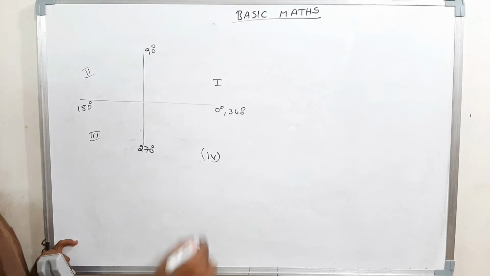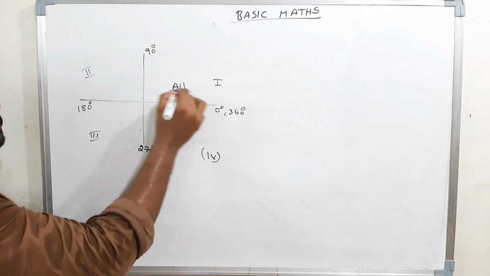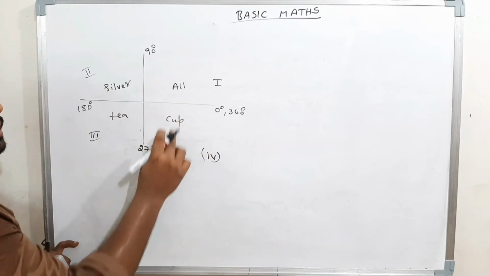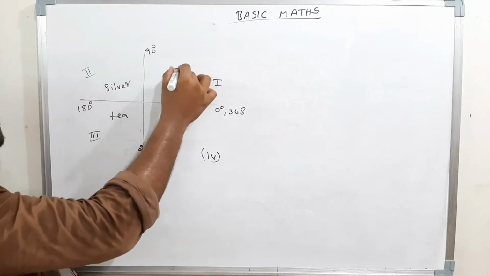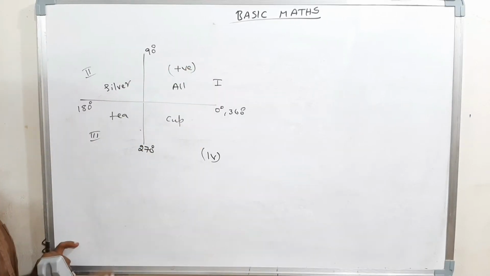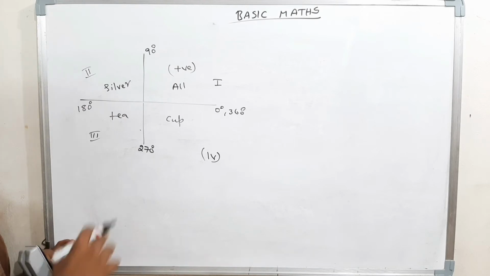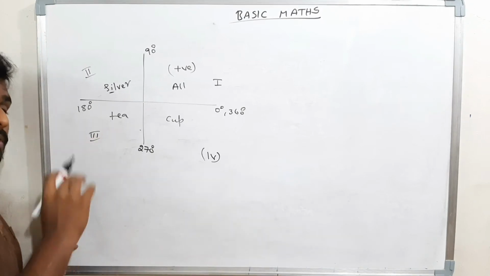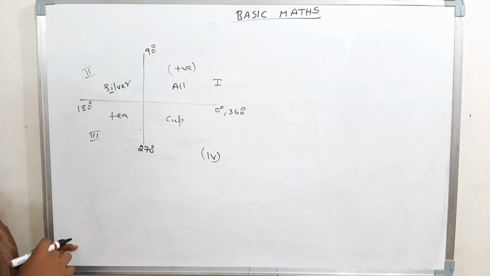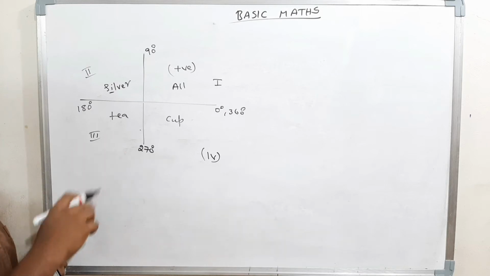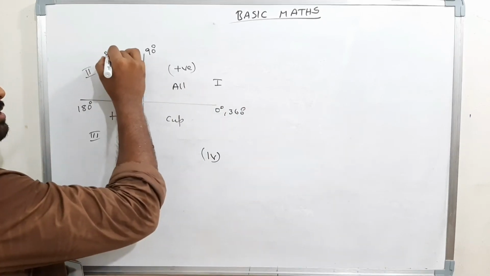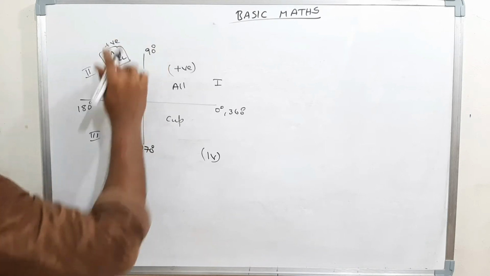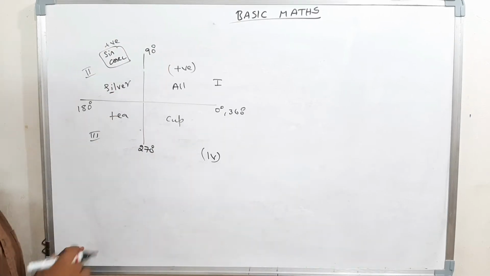Okay, now just remember this: all silver teacups. All means all the 6 trigonometric functions are positive here. All the trigonometric functions are positive. Now when it comes to here, silver means sine. If sine is positive, then cosecant is also positive, because sine is inverse to cosecant. In this, sine and cosecant both are positive. Remaining all 4 are negative in this quadrant.